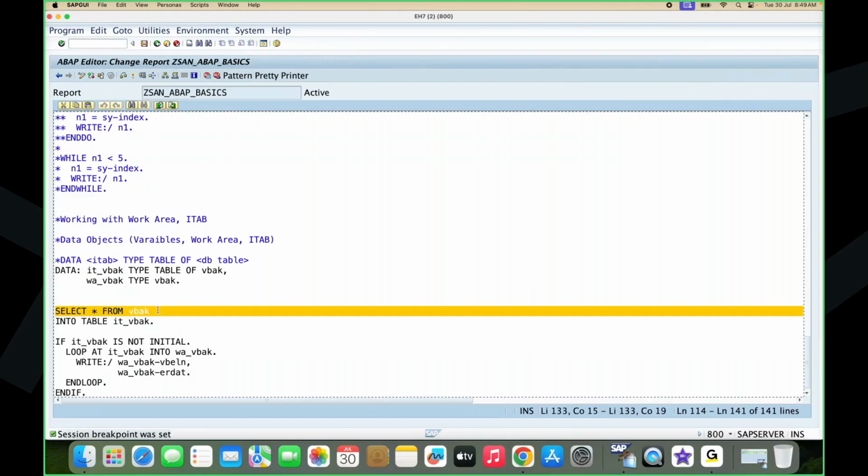Whatever you see in lower case, that is your own naming convention. If you want to get the data from the KNA1 table, you have to use SELECT * FROM as it is, change VBAK to KNA1, INTO TABLE followed by IT_KNA1. Change IT_VBAK to IT_KNA1 if your task is to get customer master data. So now if I execute this,